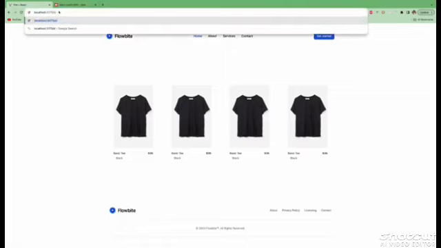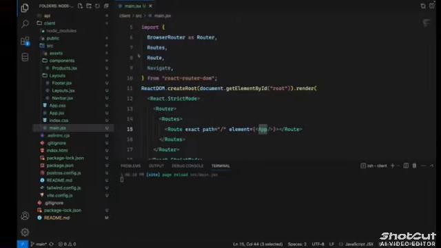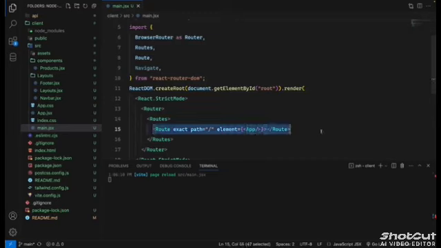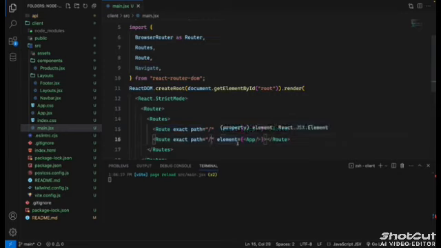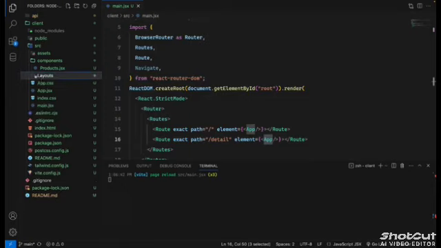Okay, if I go to detail, there's no route for this. So I can copy this route, and then I will duplicate, I will copy, and then I paste. We will say, let's say detail today. Okay, and then we need to create the detail page. This is a home page. So I will create under the